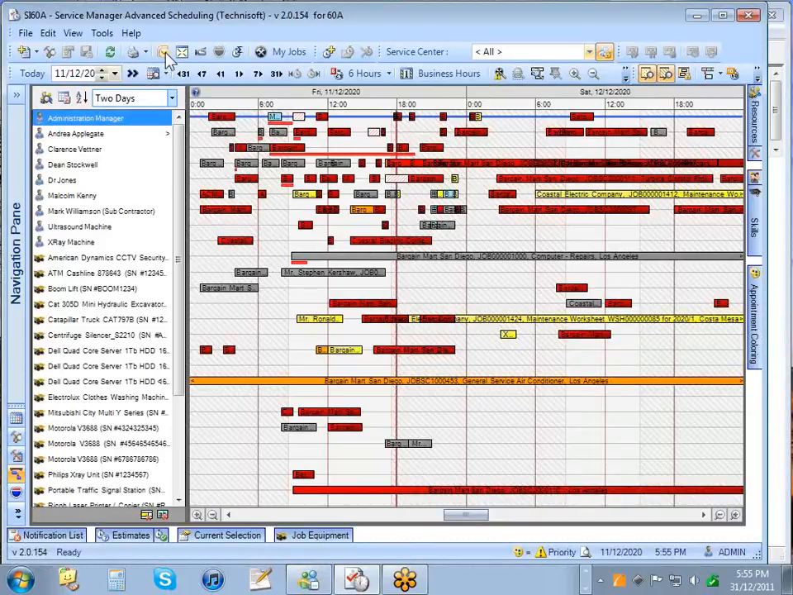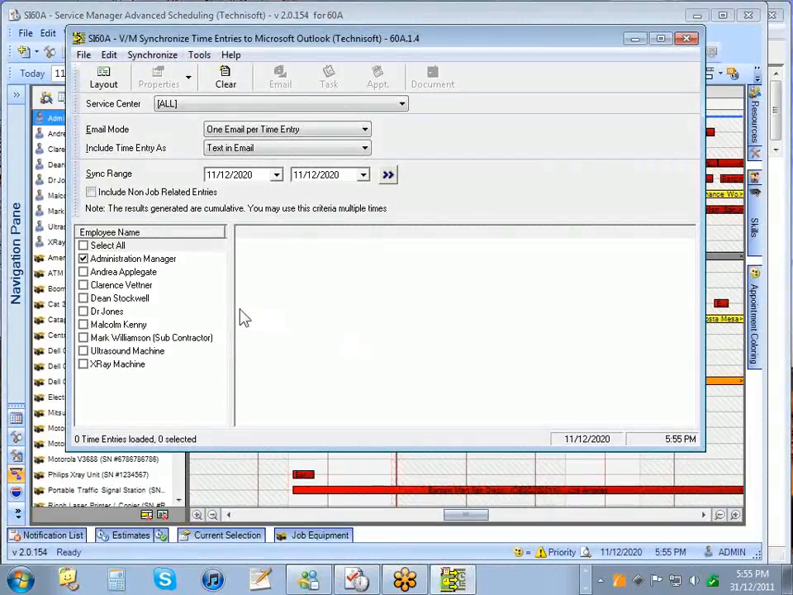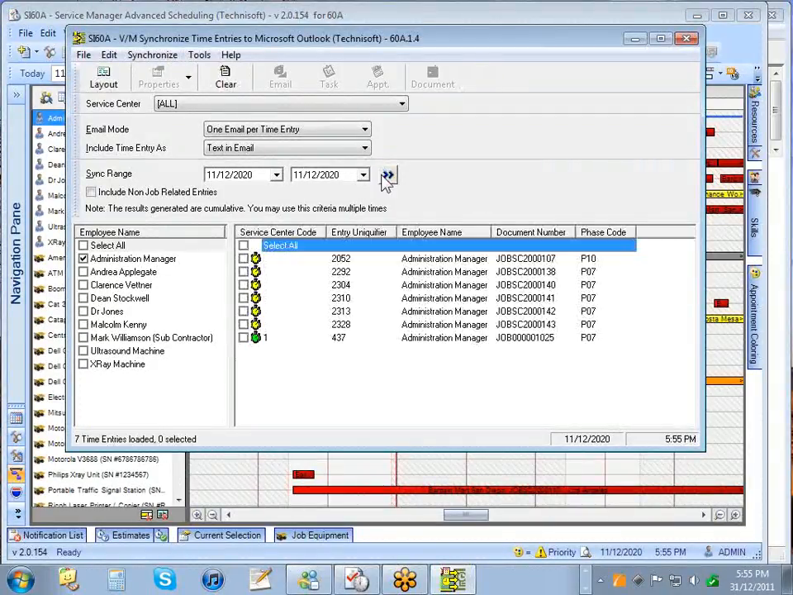We can sync to Outlook by clicking the Outlook Sync button. And again, this is a common feature across all views. And I can select those. I can email the appointments. I can email them. I can send them as tasks to their Outlook, or I can send them as appointments